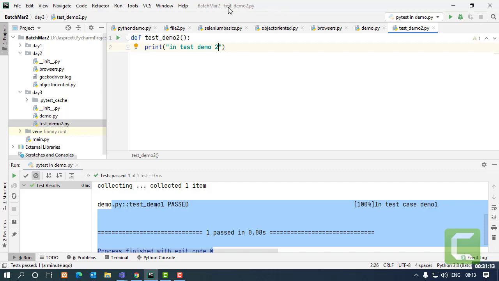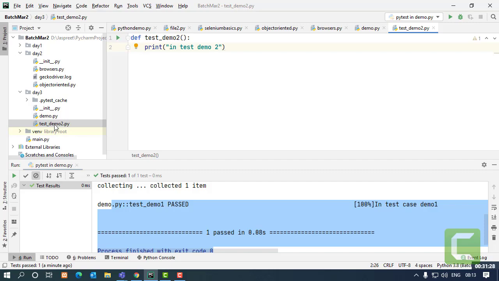Now if I save this, and now I don't want to run the individual file. What I want is to run them in batch. That means all the test cases I want to run with one command.